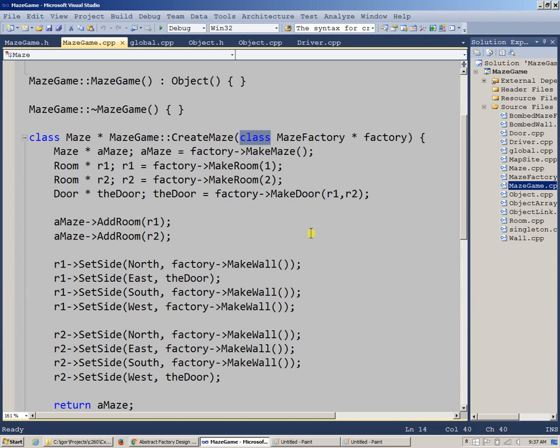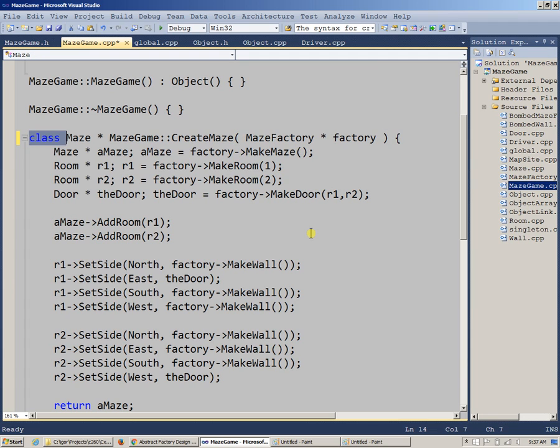For instance, the use of classes is absolutely unnecessary over here. Most people won't use it. Likewise, they will not use it right there as well on the return type. But as you can see, it's optional. It can be used. Okay, so create maze is a method that belongs to the maze game class, and it